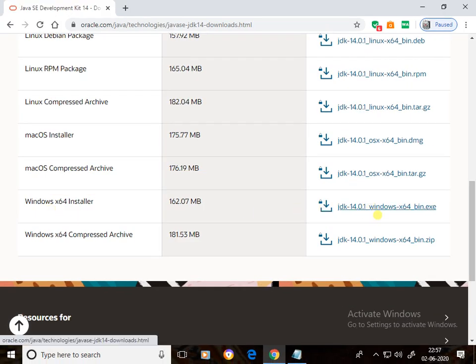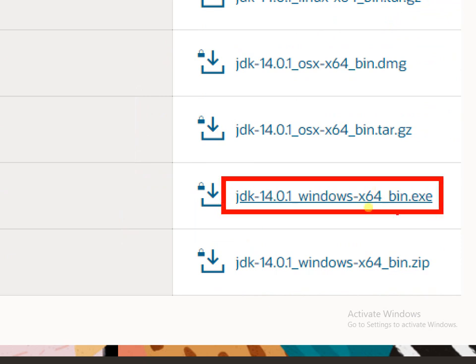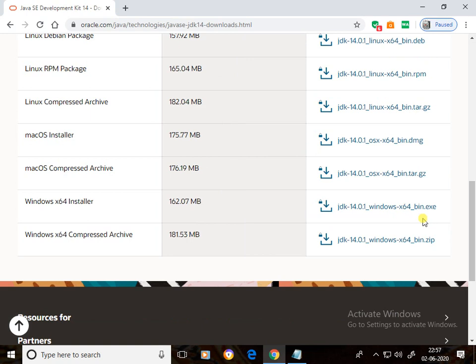You have to click on this hyperlink for downloading JDK 14 for Windows 64-bit operating system. JDK 14 is not available for Windows 32-bit operating system. If your operating system is Windows 64-bit, click on this hyperlink to download.